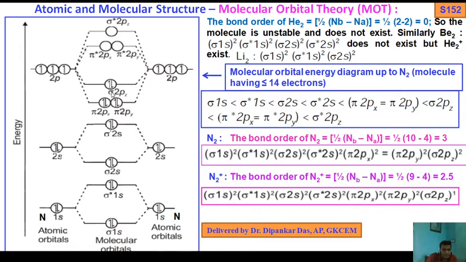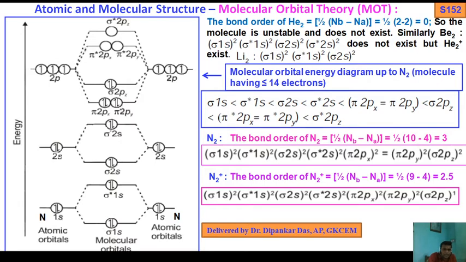Sigma 2pz, this is one orbital, that's why it contains 2 electrons. But pi 2px, pi 2py are the two degenerate orbitals. That's why whenever you write down the MO electronic configuration, mention an equivalent sign or equals sign. That is, energy of pi 2px is equivalent to energy of pi 2py, same energy level. So degenerate level. Electrons first fill up pi 2px singly, then pi 2py.